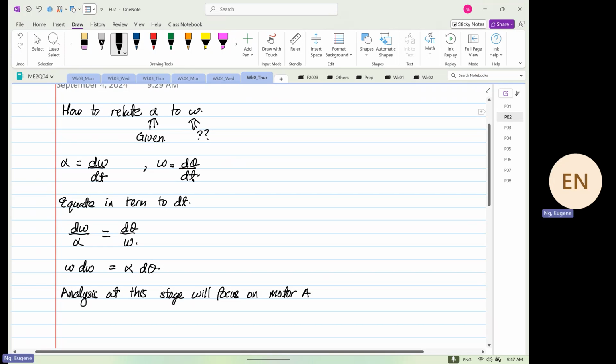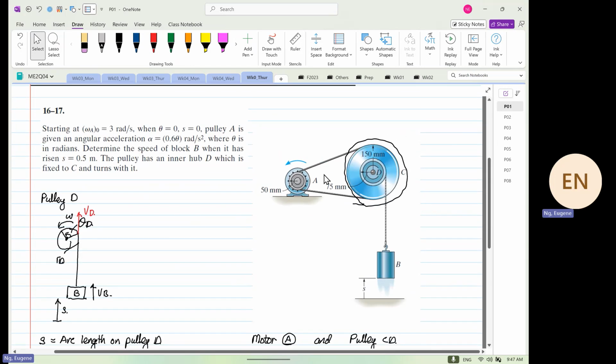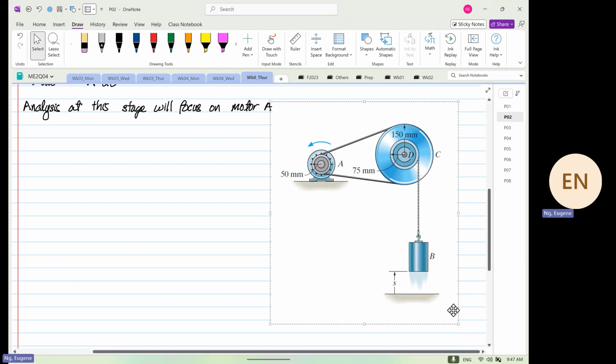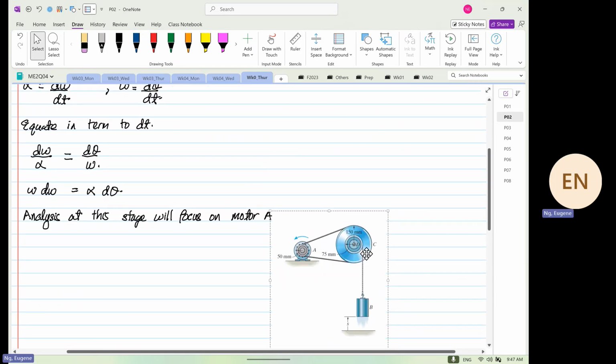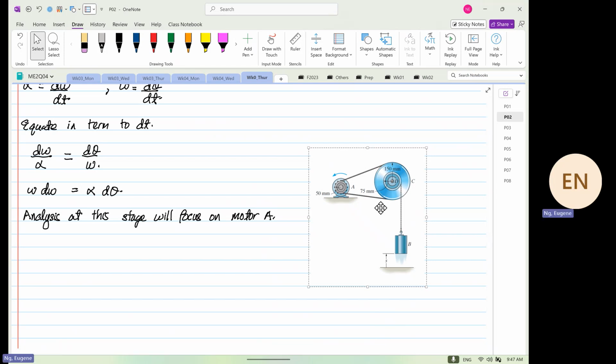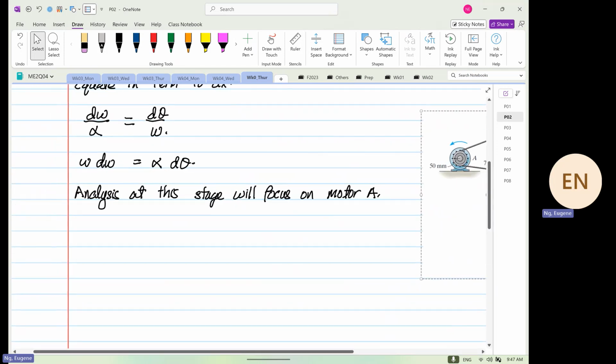Motor A. Okay. So just to quickly recap, I know I don't have photographic memory, I want to bring this diagram here so you can still recap what we're trying to do. Okay, so we're going to focus everything on A. Why? Because we are given the acceleration at A. So we write